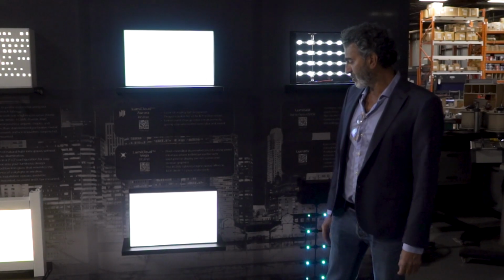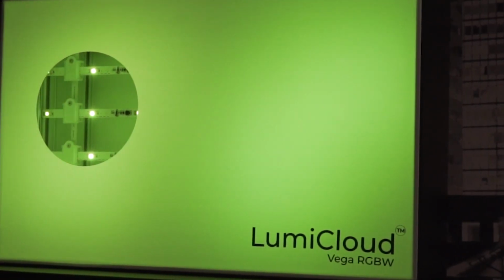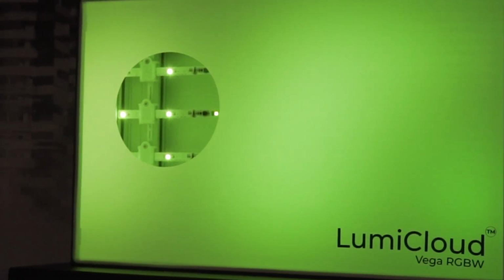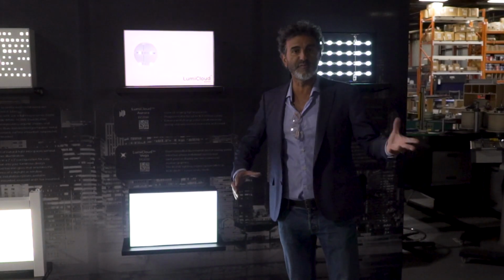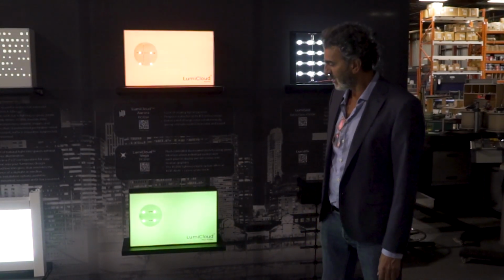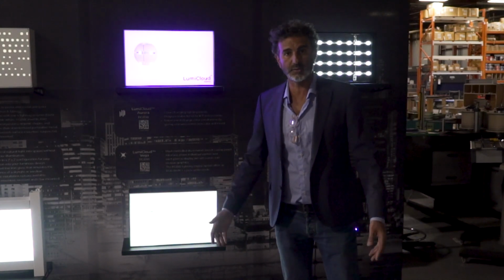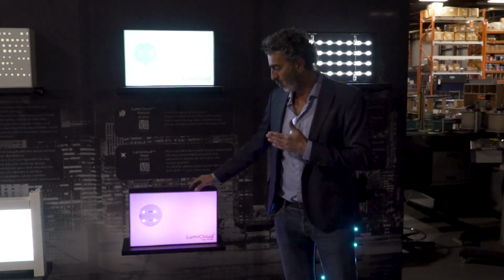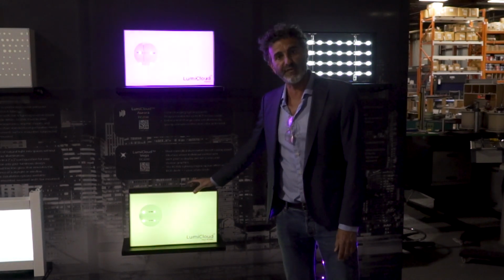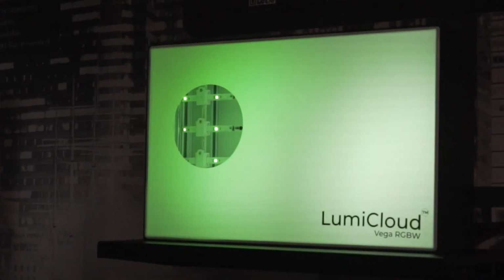LumiCloud Aurora. LumiCloud RGBW is the ultimate solution for a lighting source, white lighting source, and dynamic and movement of lighting, as you will be watching shortly here, creating almost any effect in very large scale solutions from ceiling, wall, very thin and low profile, integrating the whole product together as a one-stop shop that we offer, as well with a